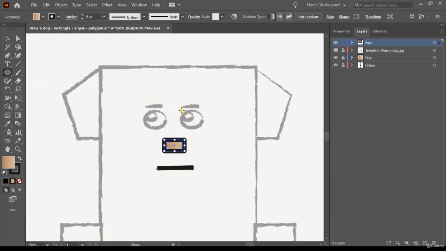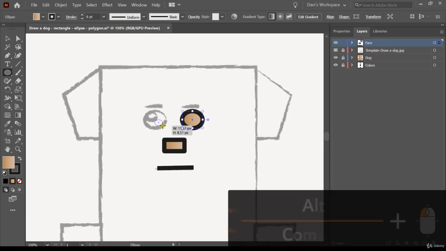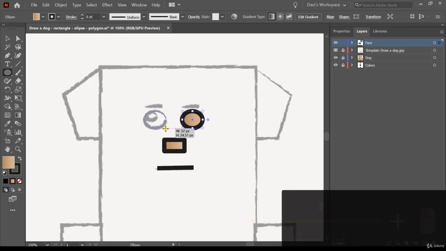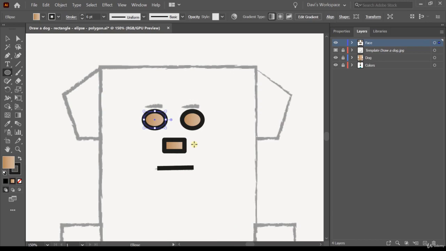You can either draw from one point of the eye, click and hold, or another way to do it, it's to put in the center of the eye, click, hold, and then click on the Alt button. The center of the eye will be the place where it's going to start creating the circle. Very easy. I usually like to build only one eye and then making a copy and put it on